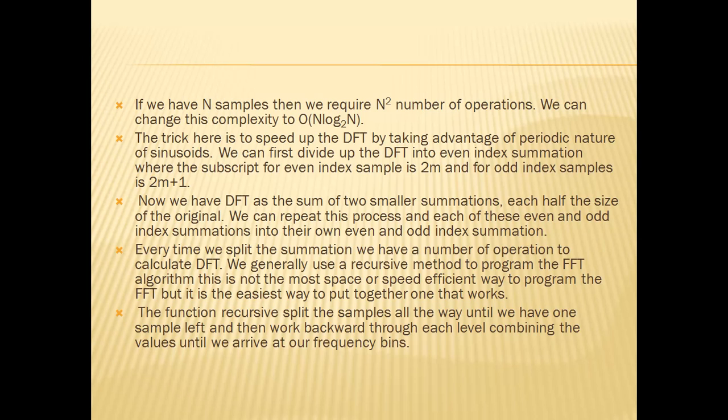We can first divide up the DFT into even index summation, where the subscript for even index samples is 2m, and odd index samples is 2m plus 1. Now we have DFT as the sum of two smaller summations, each half the size of the original. We can split this process, and each of these even and odd index summations into their own even and odd index summations. So we are actually using